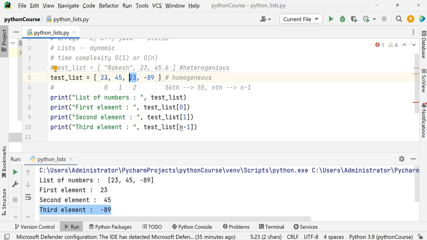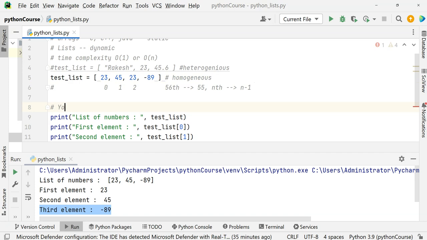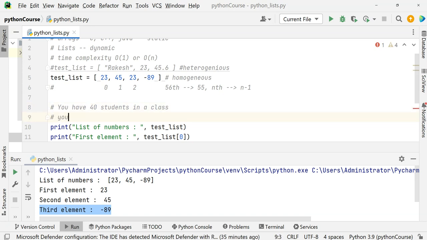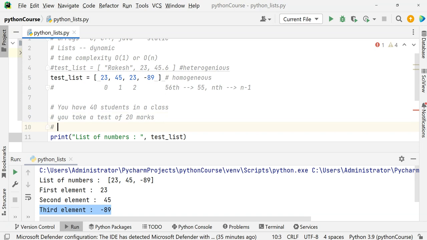Let's say now you want to create a list. If you are a class teacher and you have 40 students in your class, you take a test of 20 marks, and then